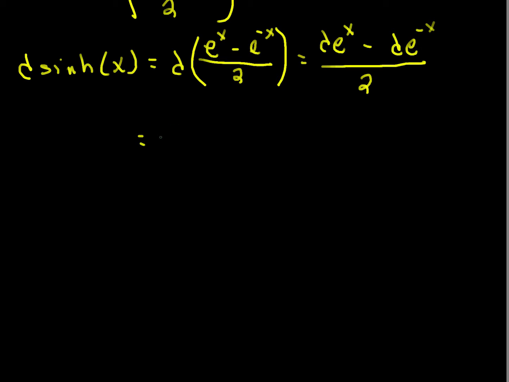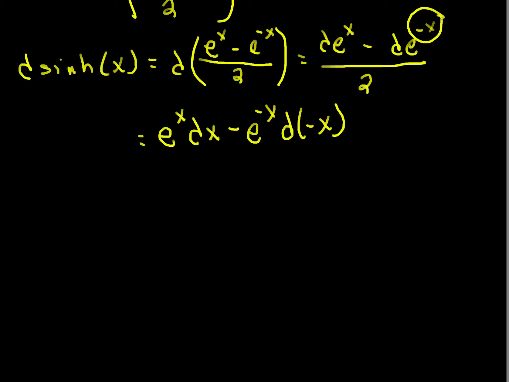Maybe I'll go slow just in case you missed it last time. So this is the differential of e to the x minus the differential of e to the negative x, and it's d of minus x. Because I don't have an x in the top, I have negative x, that's my u in my differential form. So it's du right there. Of course, I'll divide it by 2. And those negatives cancel. And so I get that this is e to the x dx